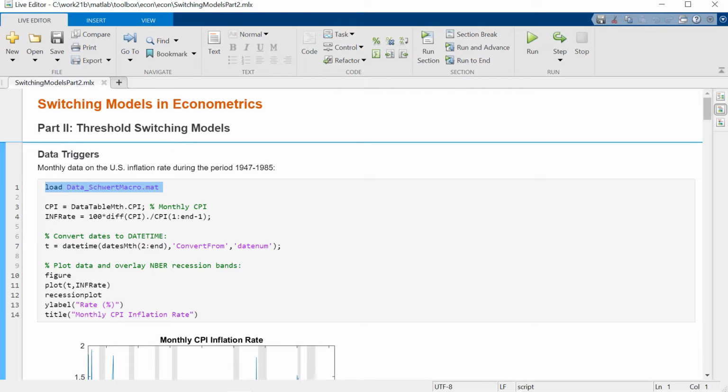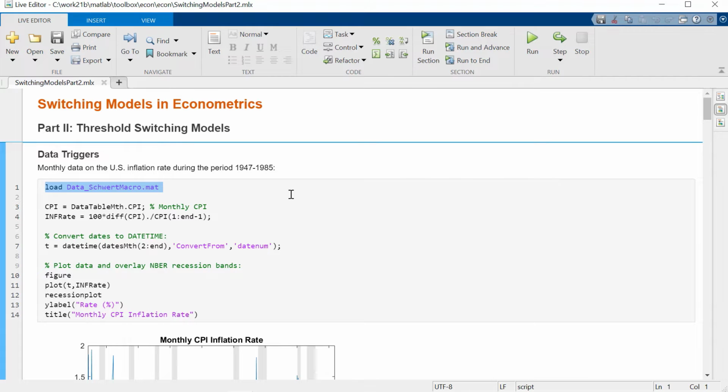Here we have a live script, which we'll use to execute a series of MATLAB commands to look at some data that might be described by a threshold switching model. We'll then talk about the simple steps for constructing a threshold switching model in MATLAB. And finally, we'll talk about estimating the parameters for the model from the data to get a good description of the data, and then go on to do typical things like simulation and forecasting using our estimated model.